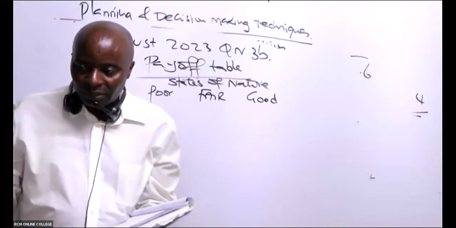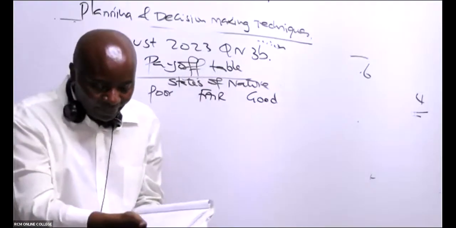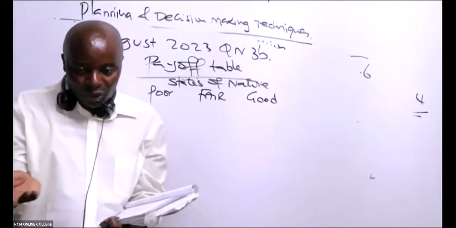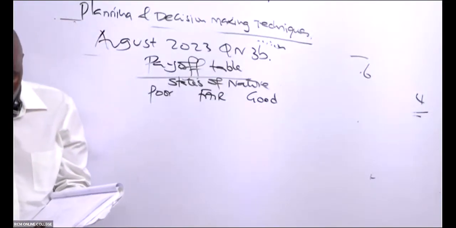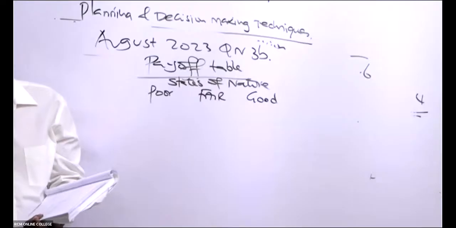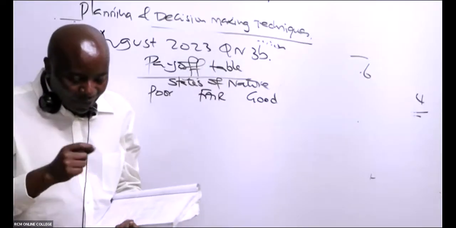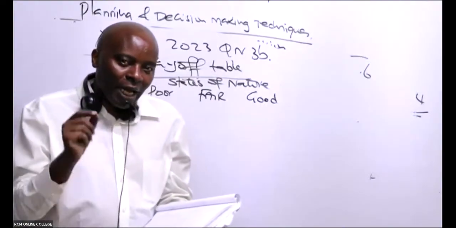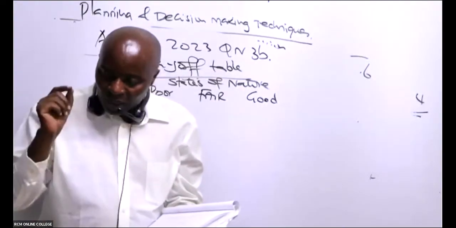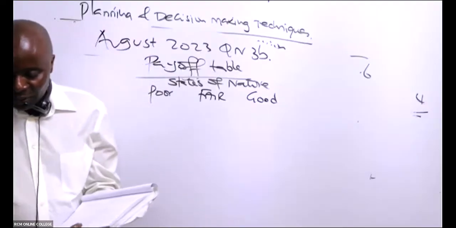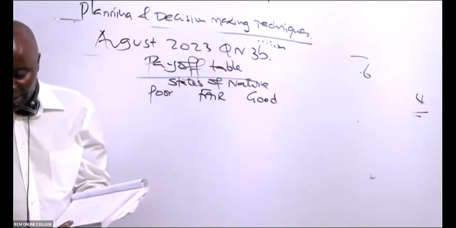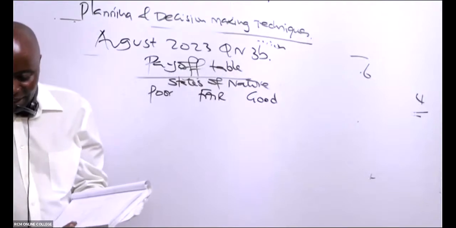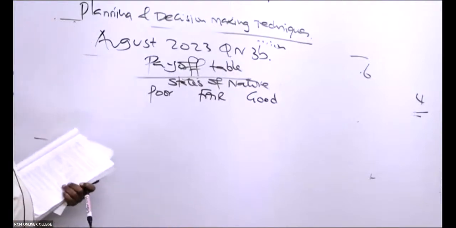For example, you can decide to plant maize or beans. What you're going to plant is within your control. That one you can decide yourself. But states of nature, ladies and gentlemen, whether we shall have rain or no rain, that is an act of God. You cannot interfere, not unless you are a wizard. If you were a wizard you could say let there be rain and rain is there. But what kind of wizard would that be? Would he not first help himself become rich? It is not possible. That is an act of God.